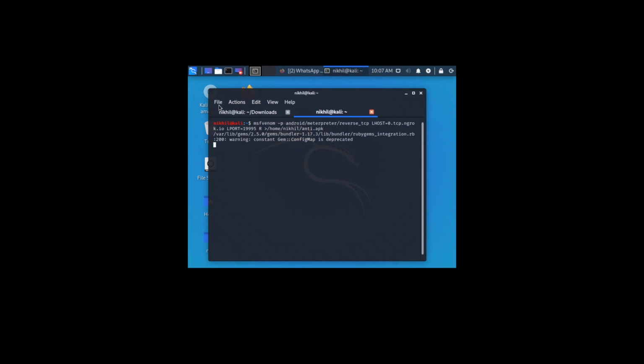Now I'm going to use msfconsole. Before starting msfconsole, I need to start an Apache server. For that we need superuser permission, guys.